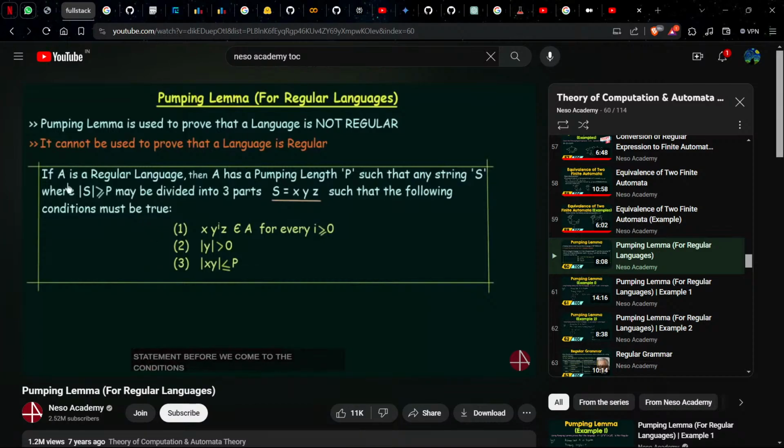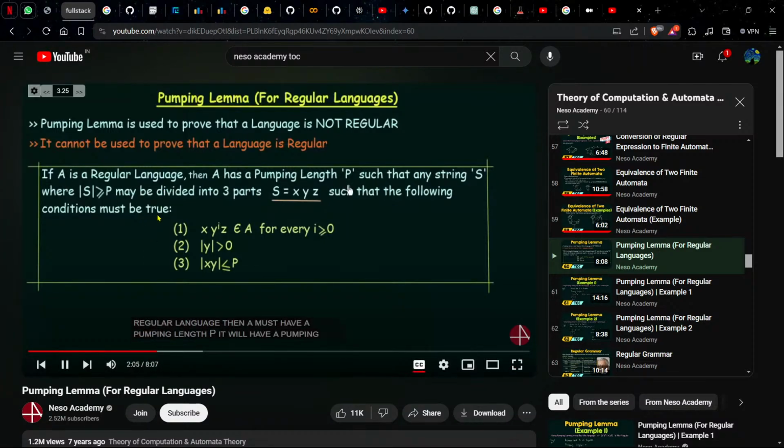Let's try to understand the statement before we come to the conditions. It says that if A is a regular language, suppose we have a language A and we assume that it is a regular language, then A must have a pumping length P such that any string S, where the length of S is greater than or equal to P, may be divided into three parts. So if you take any string S from this language A whose length is